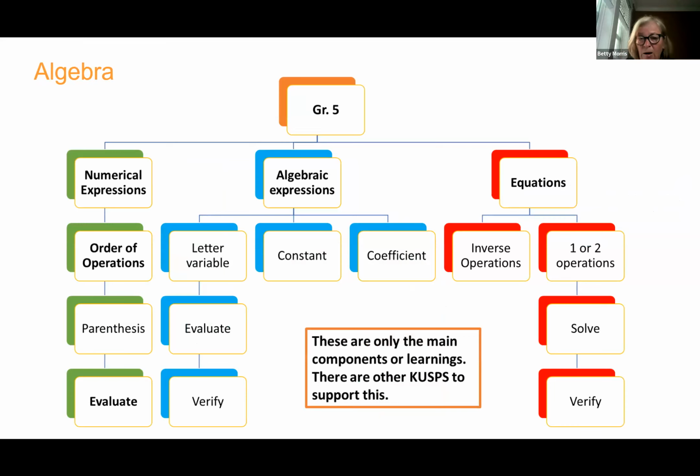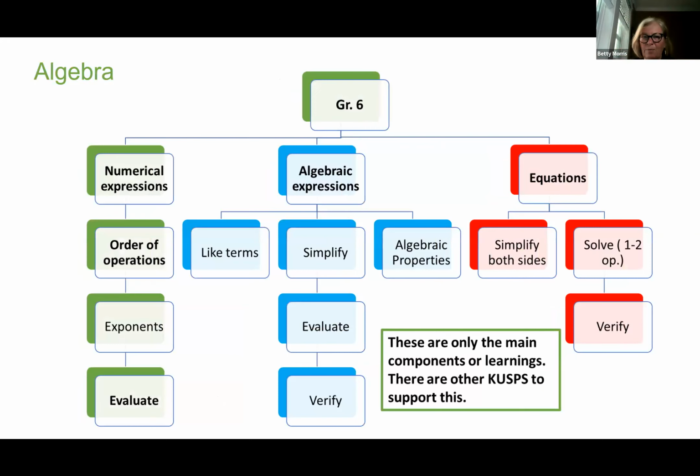with all of those little points underneath, and then they do equations as well. And then grade 6, the same thing. Numerical expressions again, order of operations, exponents are introduced, and we're not looking at anything like 3 to the 5th, the power of 5, or to the power of 6, or exponent 6. We're not looking at anything like that. You're going to be mainly dealing with squares and cubes. And then again, evaluate. And then algebraic expressions again for grade 6, and then looking at equations.